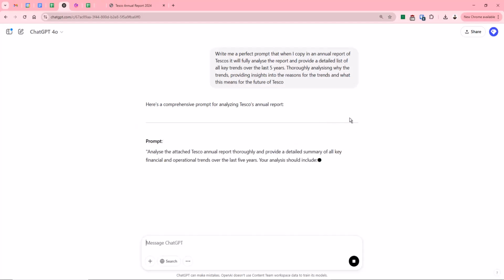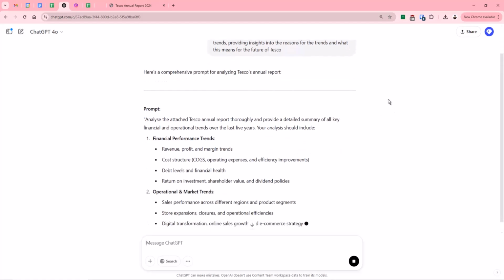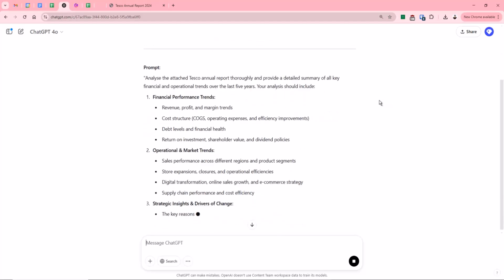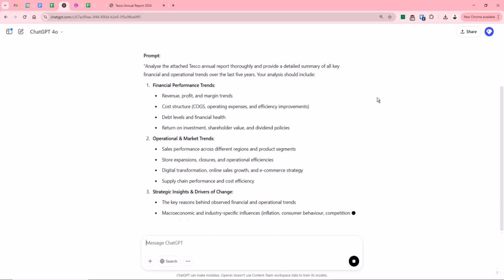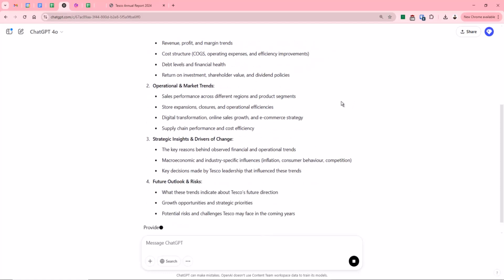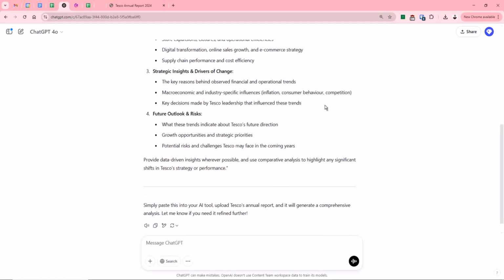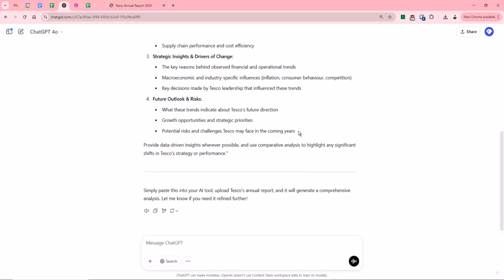So it's now giving us a prompt, and it's going into great detail of what we need to ask it. And of course, the more detail we can provide, the more we can get from it.